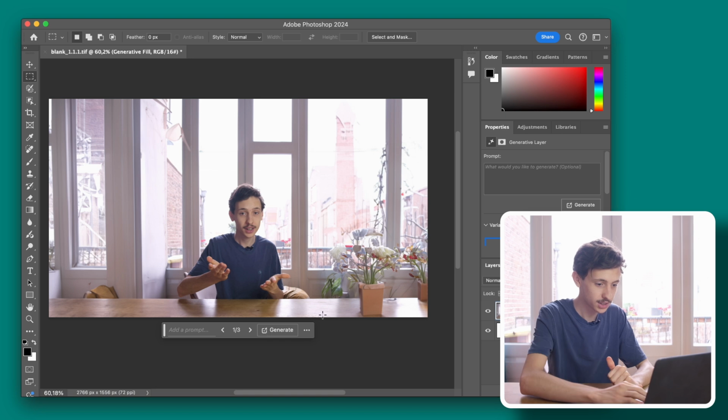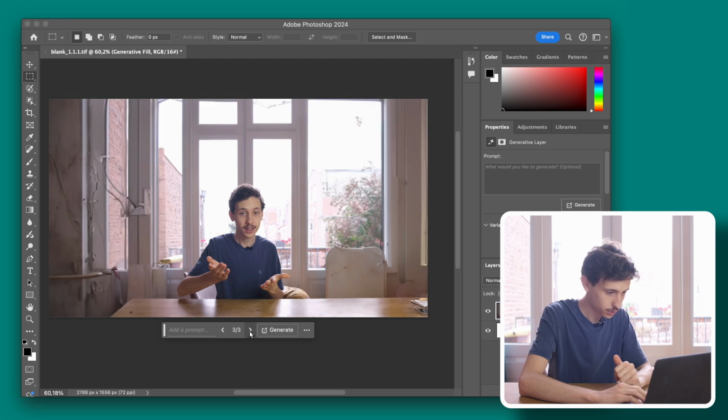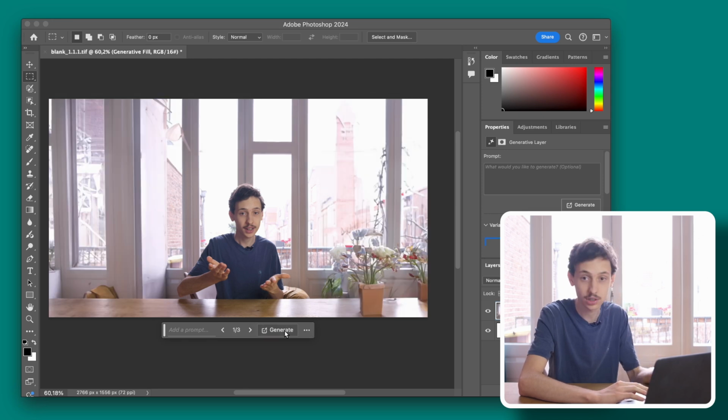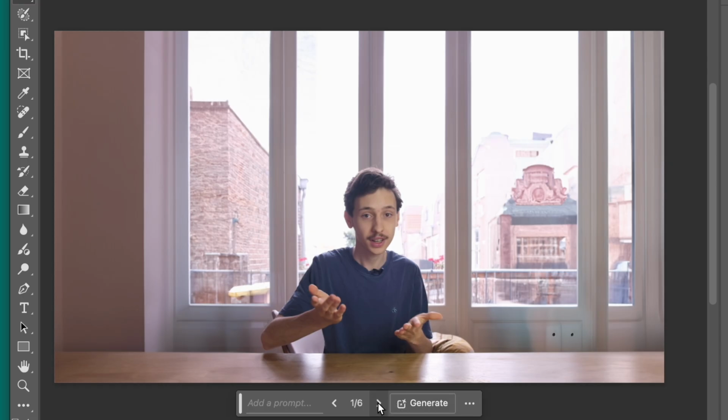Now as you can see, it has generated some stuff I don't want, but luckily there's more options. Why is there stuff on the table? Okay, let's generate some more options because I don't like these options. Okay, I don't know what's outside there. Well, I was going to create something over that, so that's okay. Now we have this kind of blank background. This is really where the fun begins because we can do whatever we want.